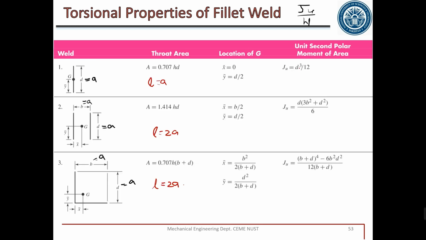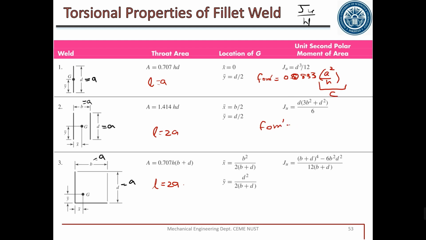This is the equation: value of Ju, A cube by 3, divided by h into L. h is unknown. L is equal to A. Substituting the value, we will get FOM prime, which is Ju by L, equal to 0.0833 A square by h. If we substitute the same value for the other cases, we will get FOM prime. Just use A square by h equal to C.